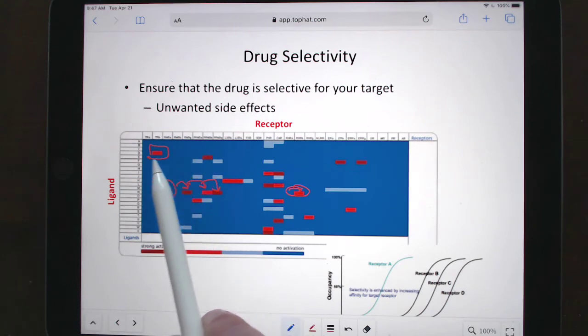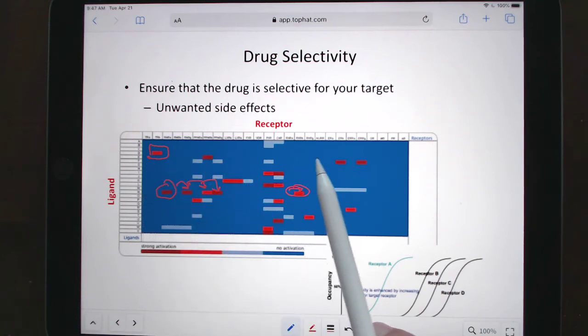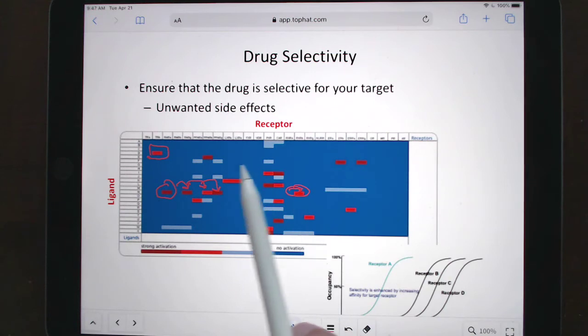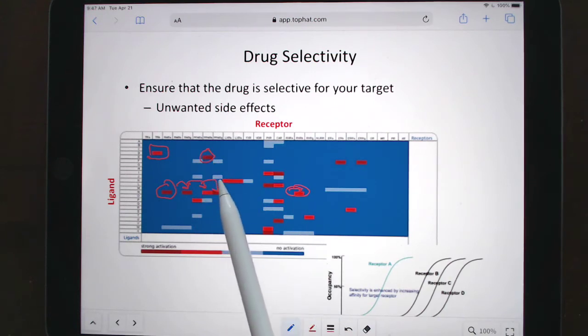Same goes with this one. If you go across, right, so E, if you go across, I'm pretty sure that's down one, right? This is another one that's very selective, like that. And so you don't want to hit multiple